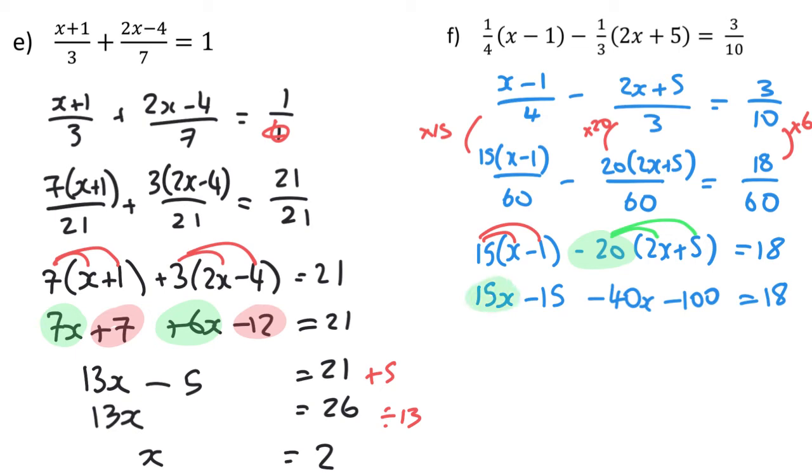So we get 15x take away 40x is minus 25x. And we've got minus 15, minus 100, which is minus 115, equals 18. So what we can do is add 115 to both sides,